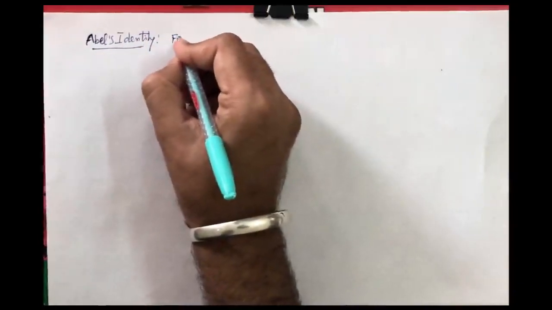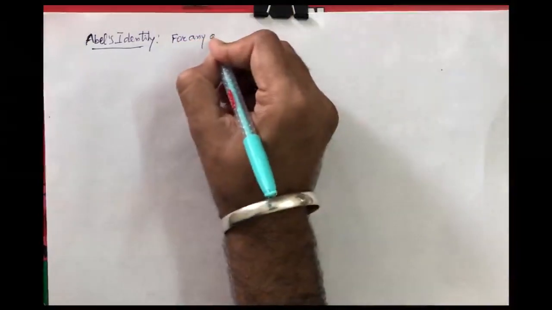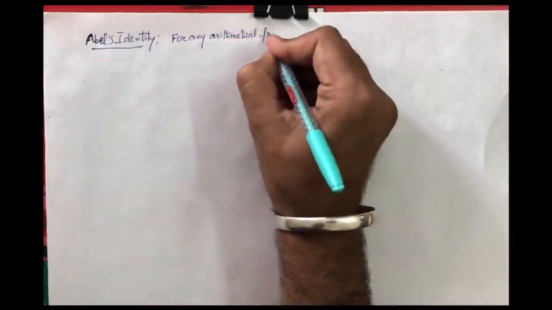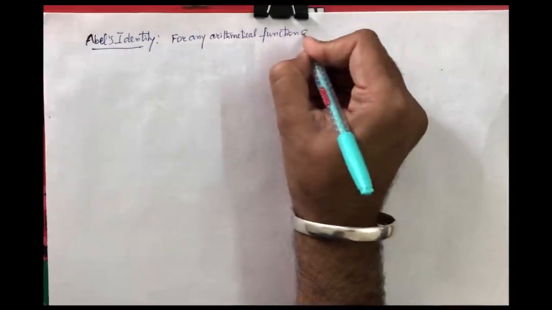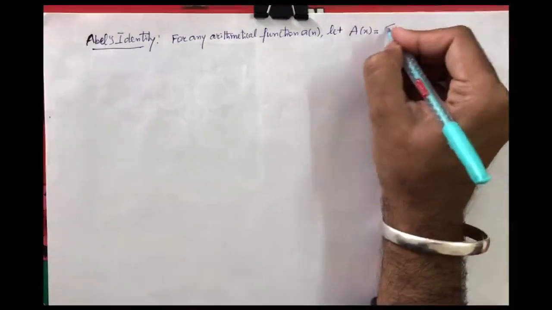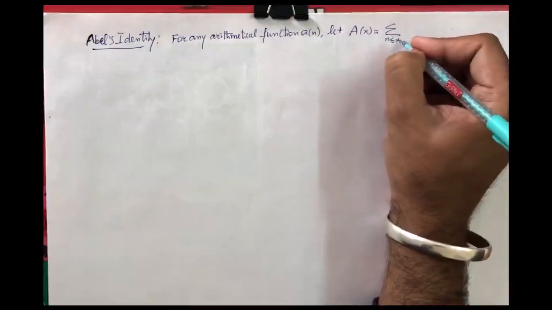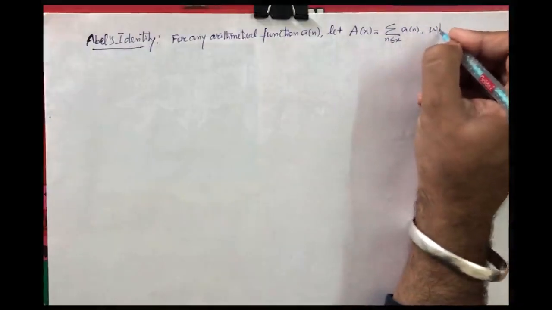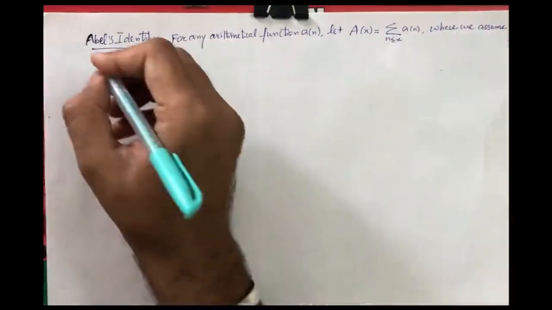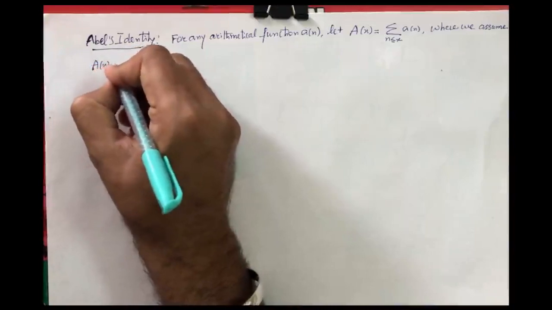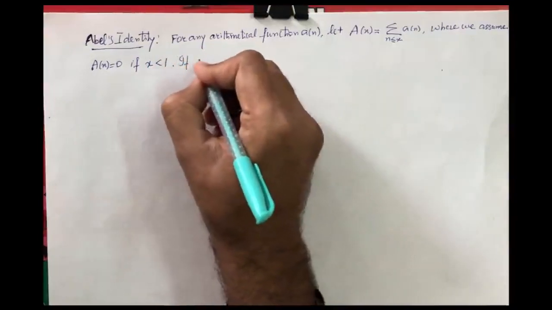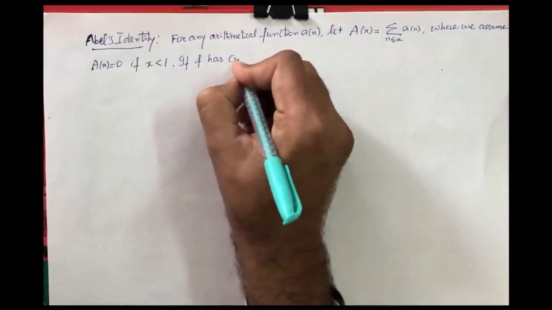Statement: for any arithmetical function an, let capital A(x) be defined by the summation over n less than or equal to x of an, where we assume capital A(x) is 0 if x is strictly less than 1. If f has continuous derivatives